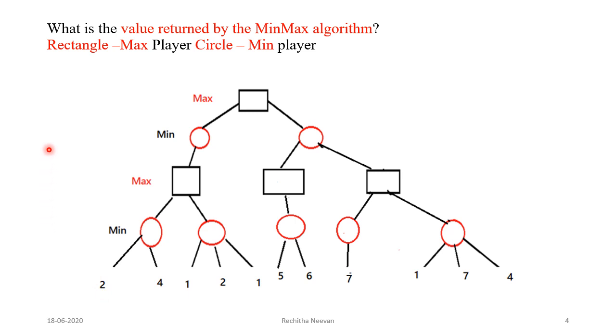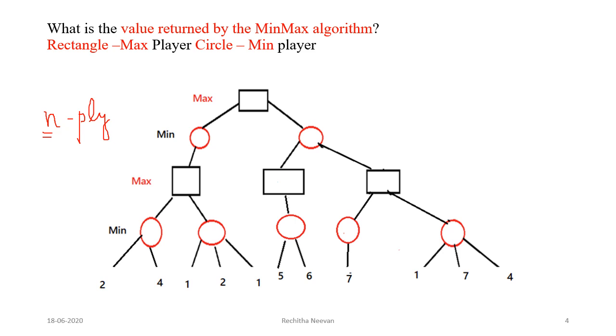Now, to make some decision, it can either traverse till the leaf node, or if the search space is large, then traversing till the leaf node is difficult. So, we can traverse till some depth. That means in some situations, we can go with n-ply games. Ply means depth. N-ply means to make a decision, we have to traverse up to depth n.